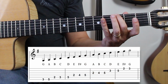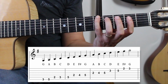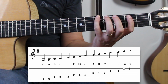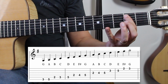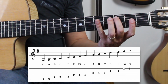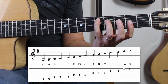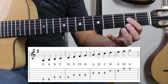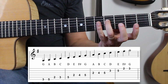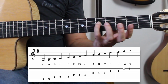So we have second finger on the third fret of the low string, and then instead of playing open A, we're going to play A at the 5th fret on the bottom string with our pinky. And then we're going to go first finger on the second fret, play B, second finger on the third fret, play C, pinky plays a D note on the 5th fret, then back to the second fret on the D string is E, F sharp is the 4th fret, and then G, the full octave, is at the 5th fret